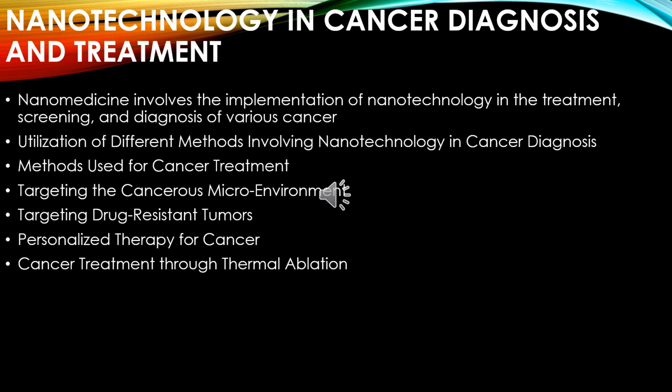To target the malignant tumors with greater specificity and affinity, these nanoparticles are associated with some ligands. For example, small molecules, peptides, and monoclonal antibodies can be employed. So this is how personalized therapy for cancer has been developed. It varies from one cancer to another and depends upon the site, target location, and type of nanoparticles that we are going to fabricate. So everything depends upon the cancer as well as the nanoparticles. Based on that, we can give personalized therapy for a particular cancer.